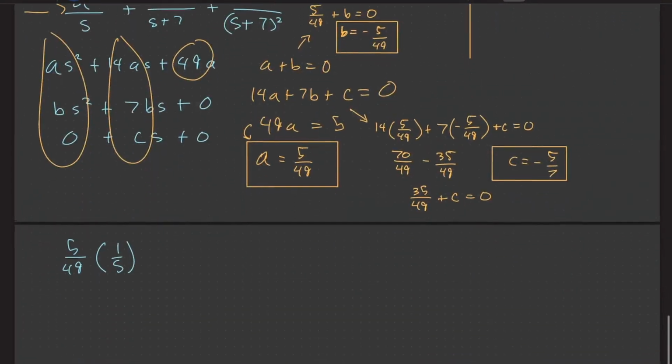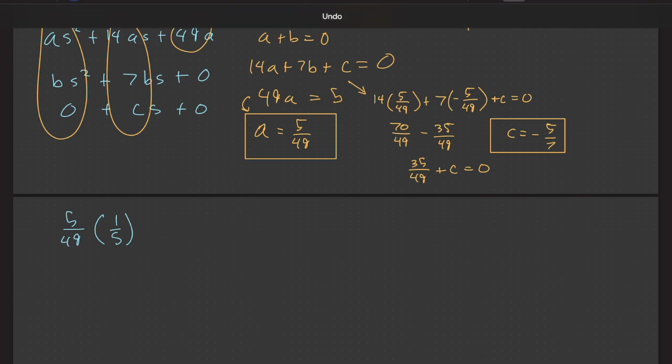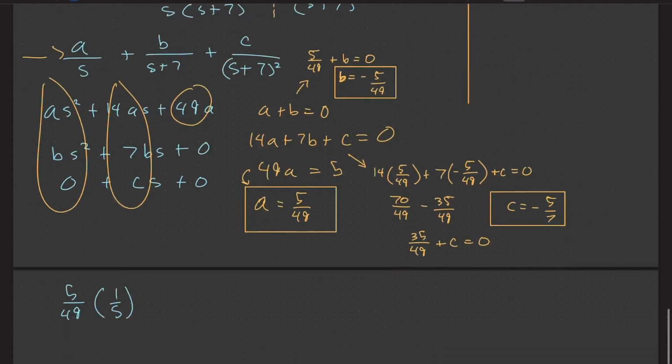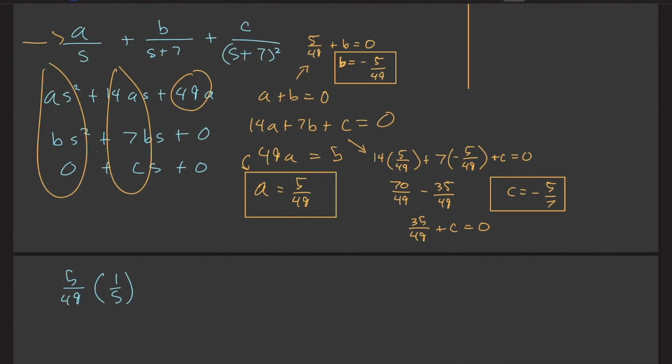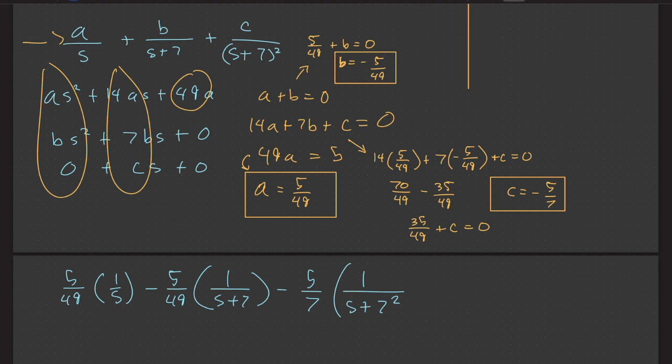So I'm going to go ahead and make it easier for myself. I already write it in this form, so I don't have to do too much rewriting of my equation. Now b over s plus 7, b is negative 5 over 49, so I'm going to write negative 5 over 49 times 1 over s plus 7, okay, plus c, c is negative 5 over 7, times 1 over s plus 7 squared. Okay,